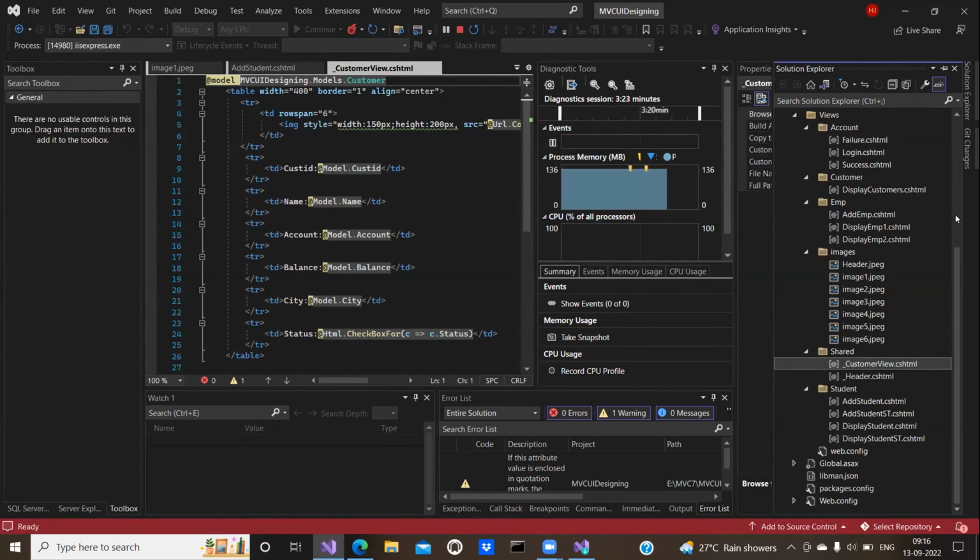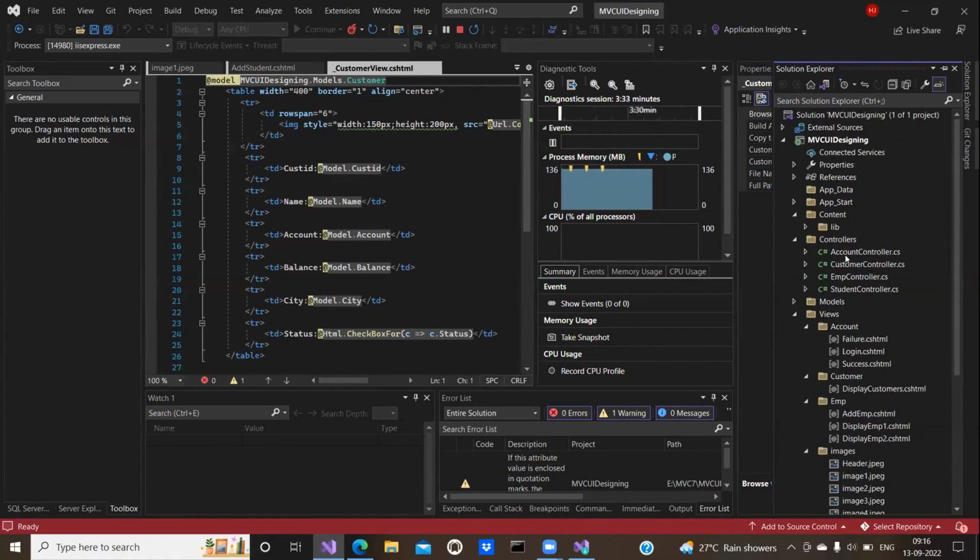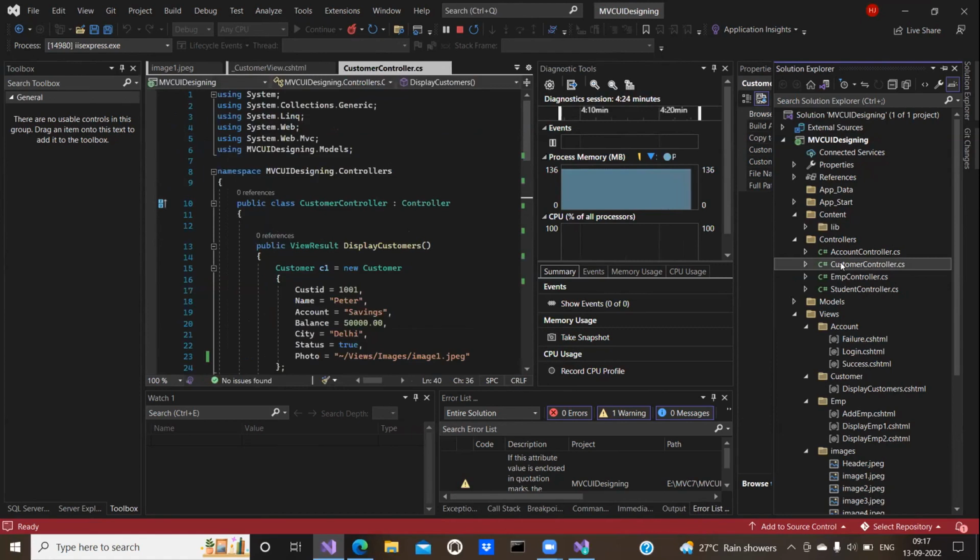No. Controller. Controller. Tilde slash views slash image slash